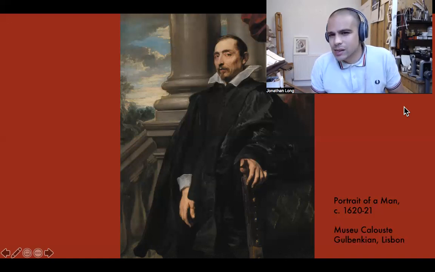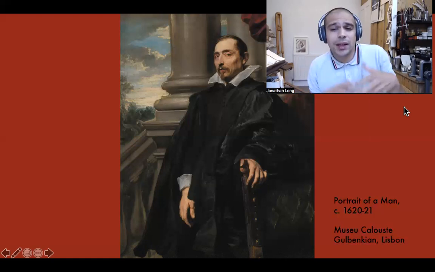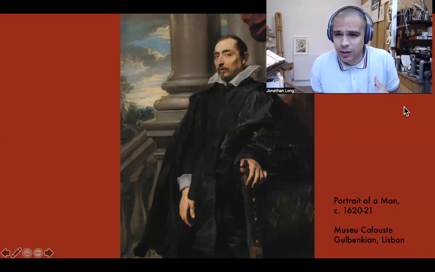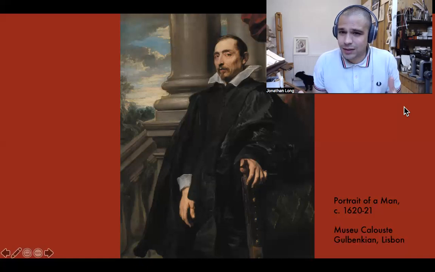To say that the handling of this painting exhibits a level of maturity which suggests that it was from after his Genoese period, I think is very questionable, because this painting,